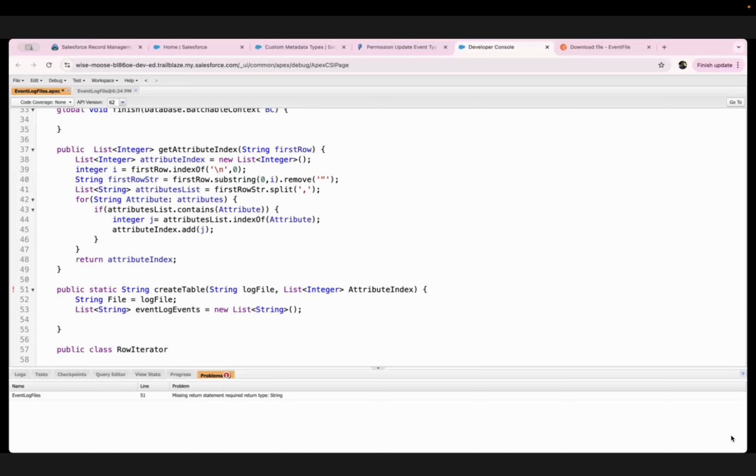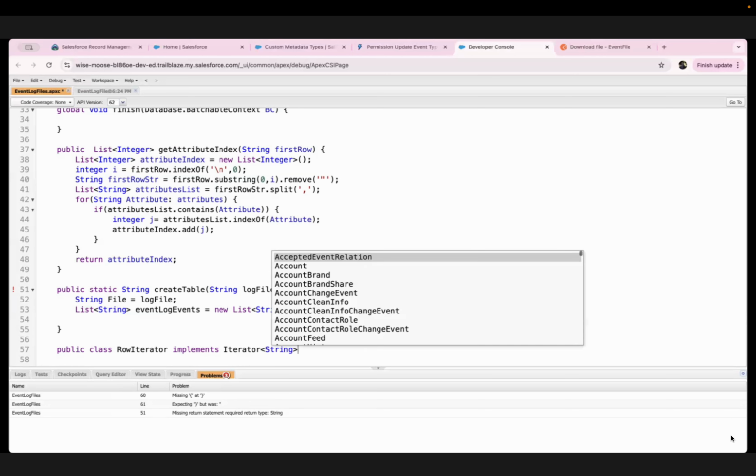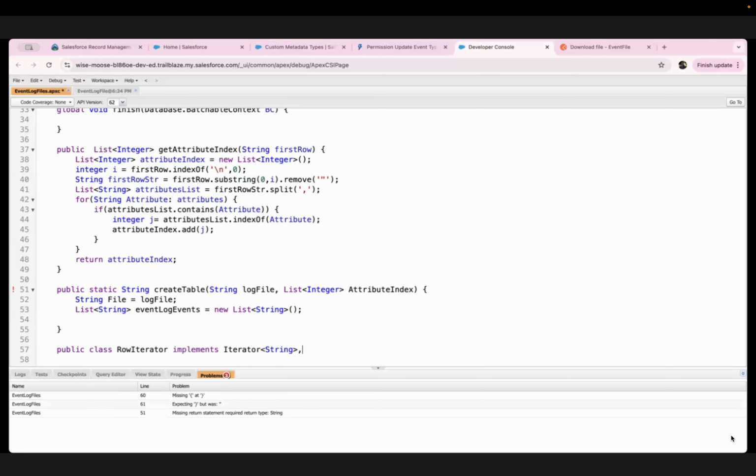Okay, and so we are going to iterate through the string. That's why I'm using Iterator, and Iterable is because it may contain a long string. Okay,